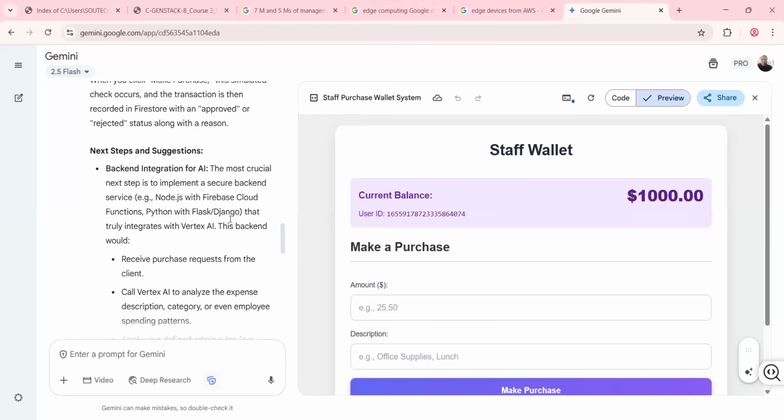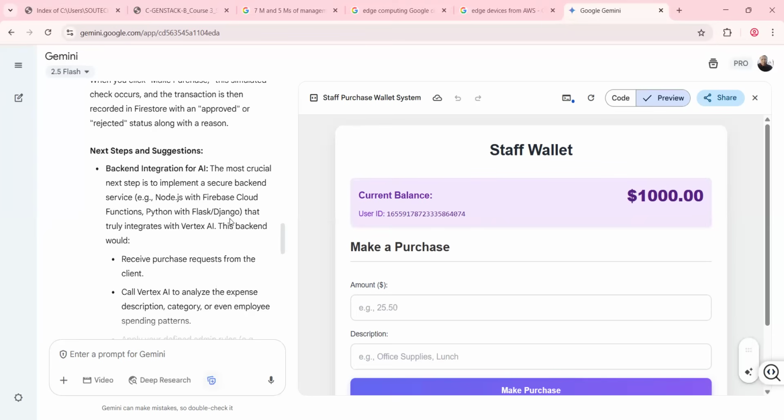Backend or API integration. So it's now suggesting and saying, okay, we need a backend server because it needs to save this data so that it can keep that history. Because the difference between a front-end application and a backend application is that for a front-end application, we are not going to be doing storage. We're not going to be keeping data. We're not going to be making decisions based on what happened in the past. We just provide information. That's why it's called front end.